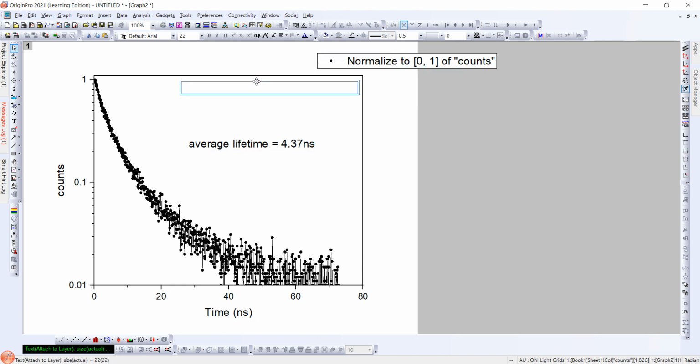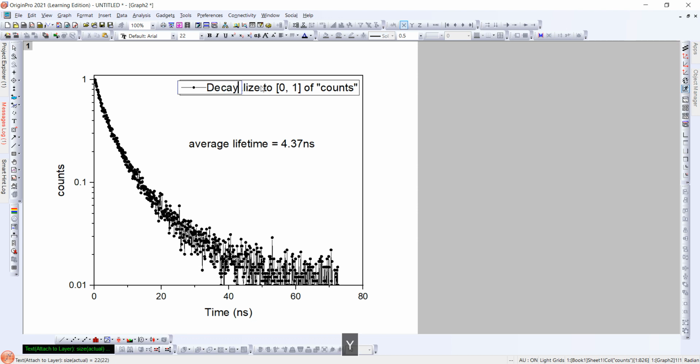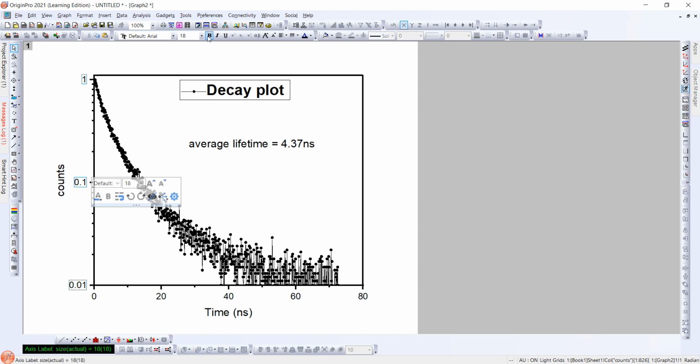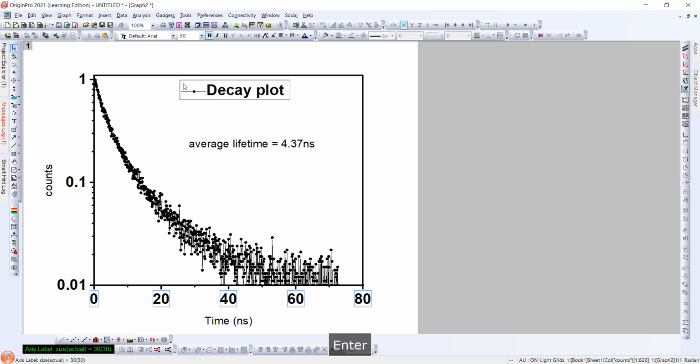You can beautify this curve by clicking font size and making the words bold. So this is for a decay plot. Control A, make this bold. Also can change the font, and by clicking in the box you can change the size and breadth of the box. By clicking here you can make this bold. Also font size should be 30. Similarly here, make bold and 30.